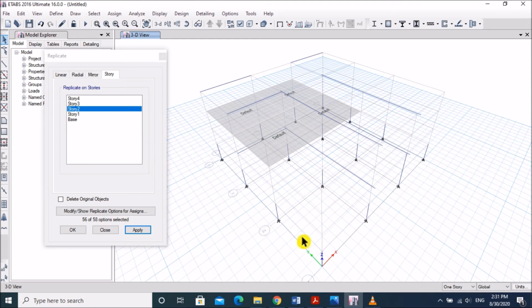Then for columns, select this option. If we replicate in story, go to the 4th story, then apply. You see, it is replicated to the 4th story.